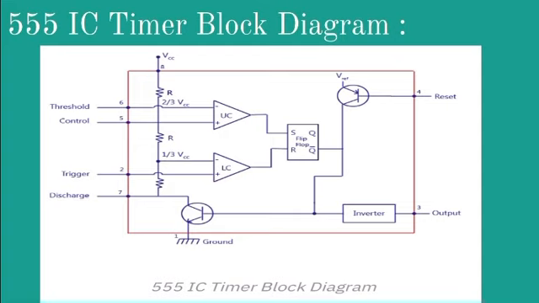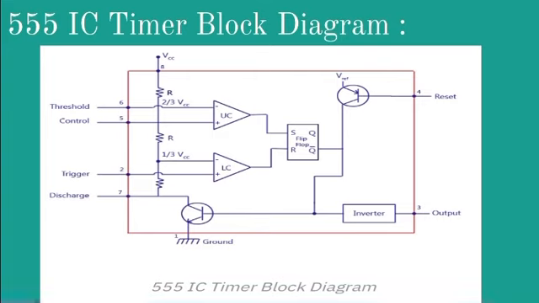Okay, so the output of both comparators is supplied to the flip-flop. So here the flip-flop assumes its state according to the output of the two comparators. One of the two transistors is the discharge transistor, of which the collector is connected to pin 7. So this transistor saturates or cuts off according to the output state of the flip-flop. The saturated transistor provides a discharge path to the capacitor connected externally. So another transistor is connected to the reset terminal. Here a pulse applied to this terminal resets the whole timer irrespective of any input.